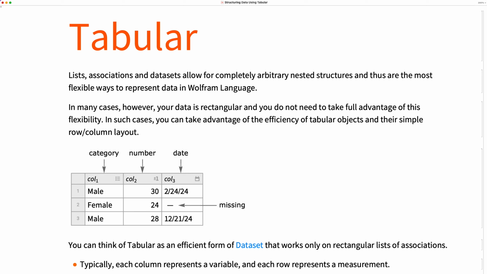The idea is that lists and associations and datasets, like I mentioned before, allow you to be really, really arbitrary in the way that you store your data. You can have crazy, ragged and jagged nested structures. You can have all sorts of different mixes of types. But in many cases, your data really is just rectangular, and you don't really need to take advantage of the kind of insane flexibility offered by these previously discussed methods of data structuring. In these cases, you can take advantage of the efficiency of a Tabular object because it has this nice, simple